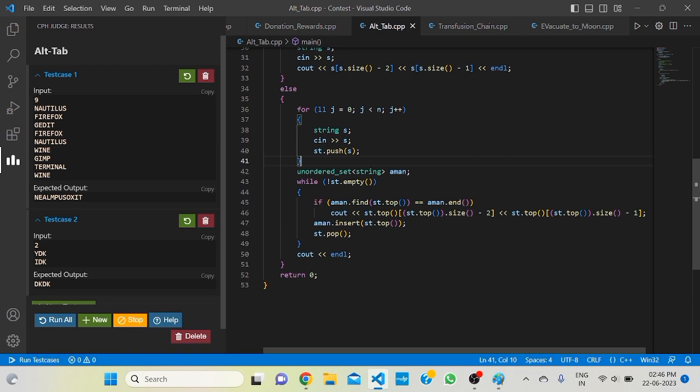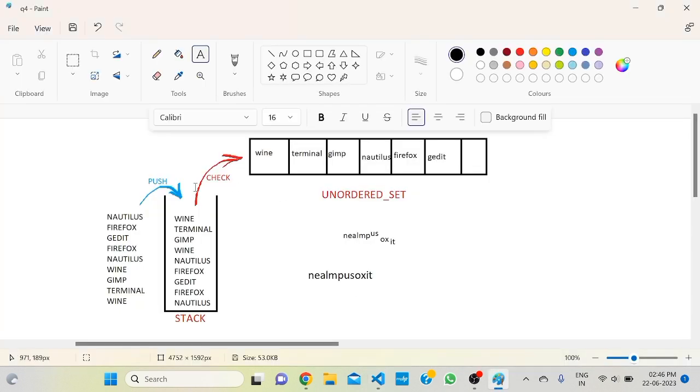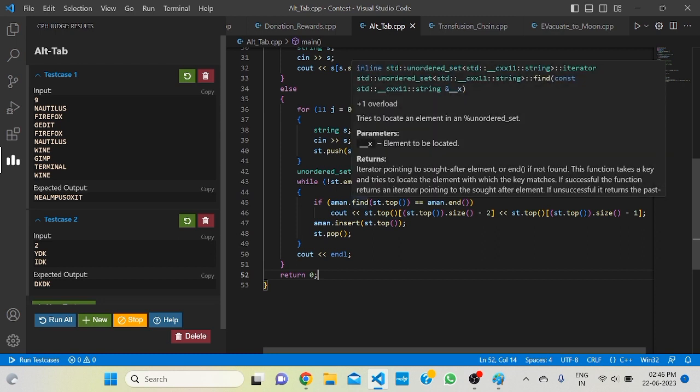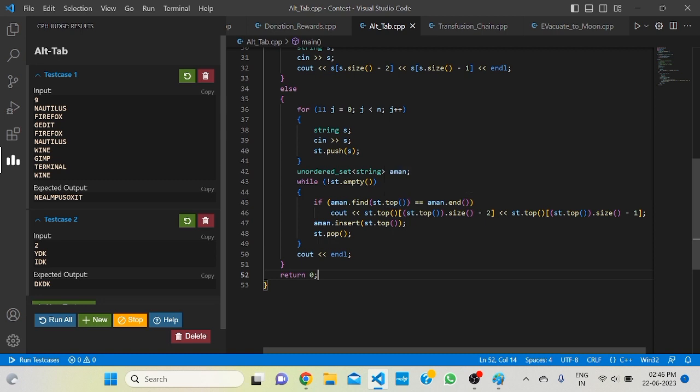Now in this while loop we will check if this top element of the stack is in the set, then we will not print the last two characters, and if it is not there, then we will print. So if this st.top is not there in the set, this aman is our set, so in aman, if we find st.top equal to aman.end,